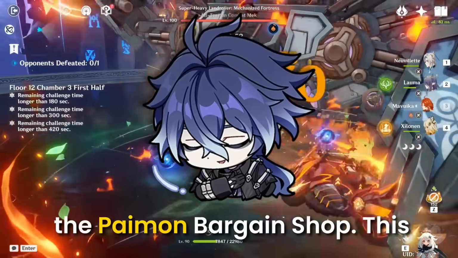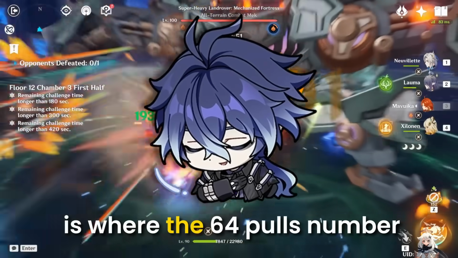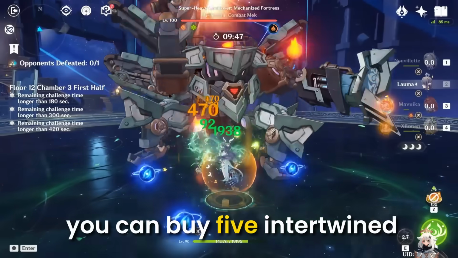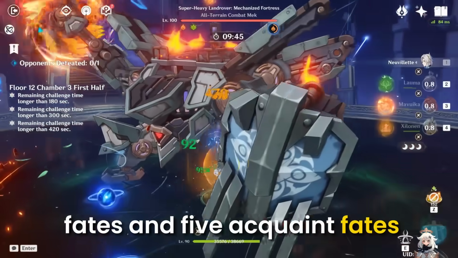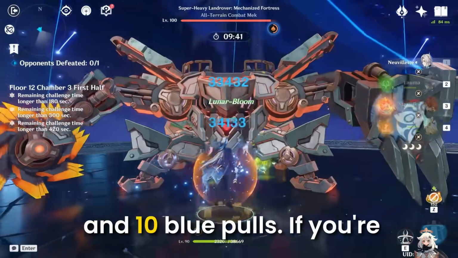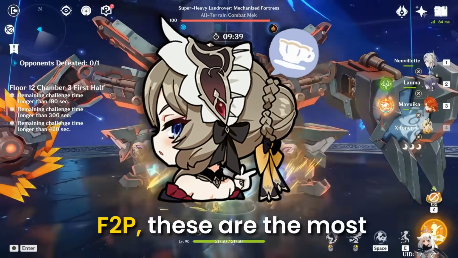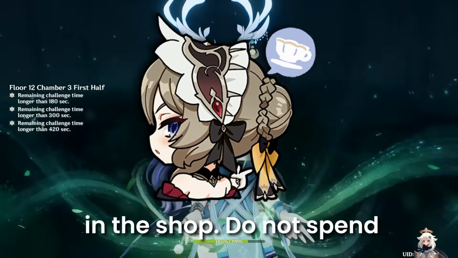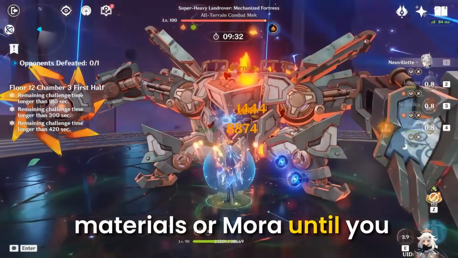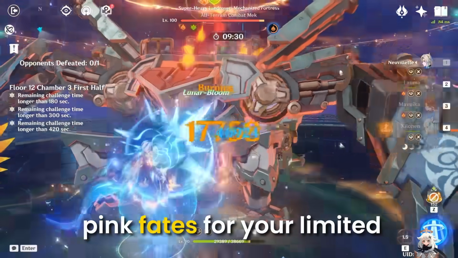2 resets of the Paimon Bargain shop. This is where the 64 pulls number starts to make sense. Each month, you can buy 5 intertwined fates and 5 acquaint fates using your Stardust. Across 2 resets, that's 10 pink pulls and 10 blue pulls. If you're F2P, these are the most valuable items in the shop. Do not spend your Stardust on monster materials or Mora until you have secured those 10 pink fates for your